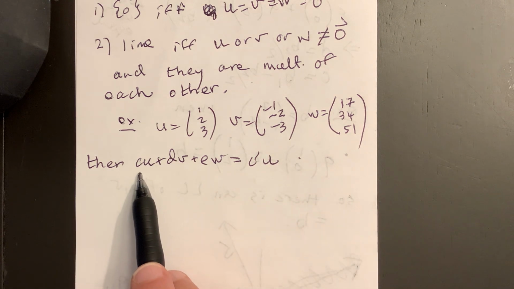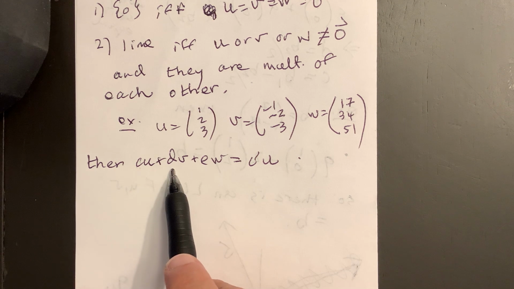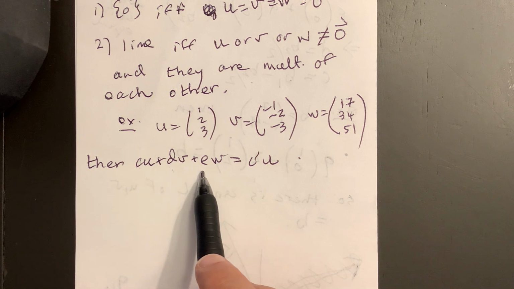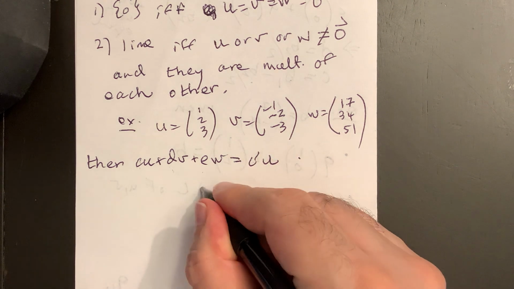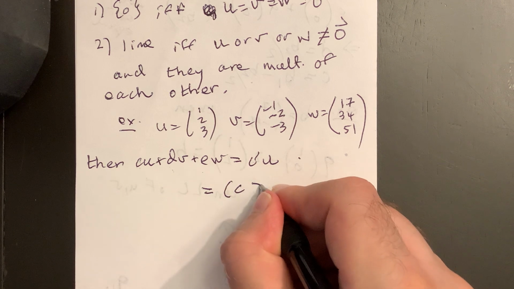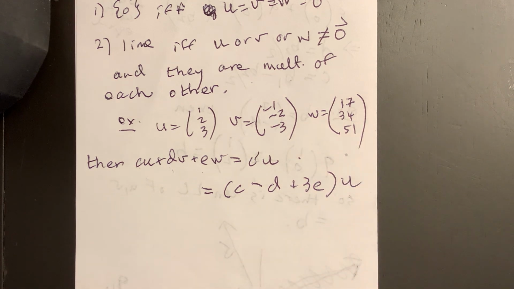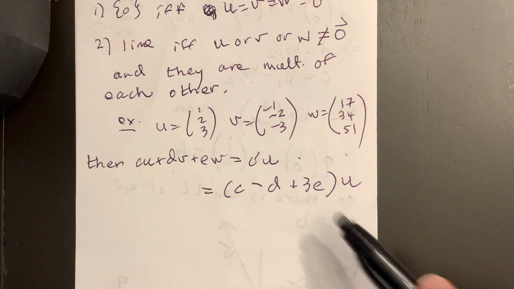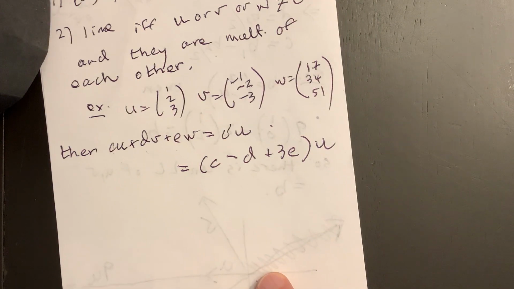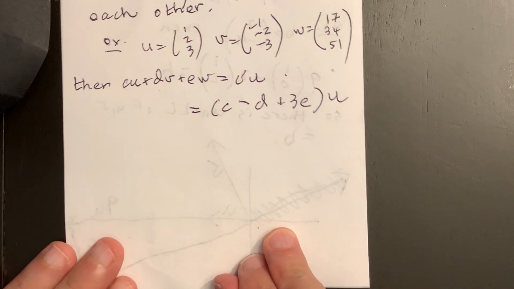C prime should be c minus d plus 3e, right? So this is equal to c minus d plus 3e, times u. Okay, so everything can be written as a multiple of u, so it's just a line. All right, what about